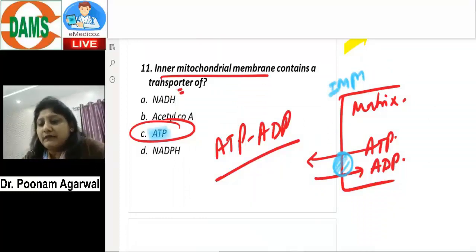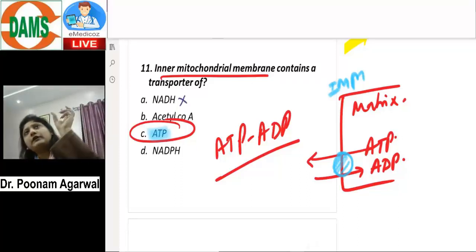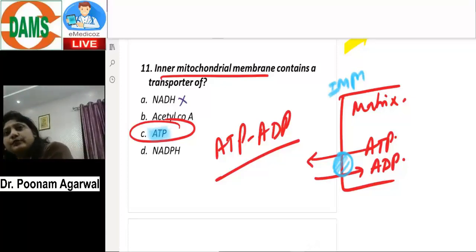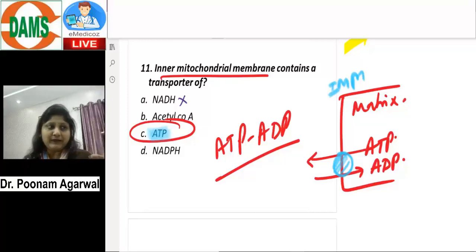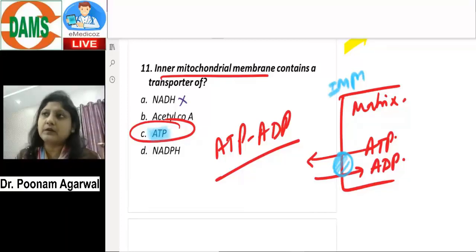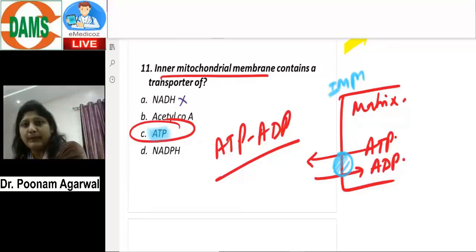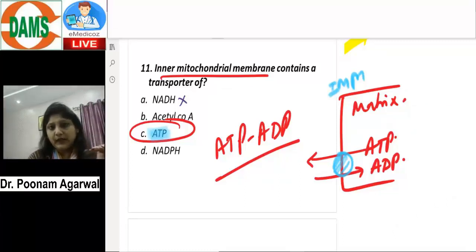All other things, like NADH and NADPH, we do not have any transporter. So you'll say, how, madam, is glycolytic NADH going to the matrix and producing ATP by oxidative phosphorylation? You are mistaken. The NADH which is produced in the cytosol during glycolysis as such cannot go to the mitochondrial matrix because it does not have any transporter. It's not permeable. Rather, this NADH is using the shuttle system, that is the malate aspartate shuttle or the glycerophosphate shuttle,